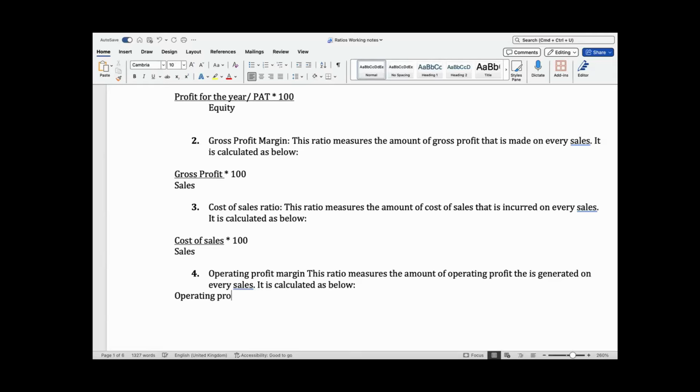That's my operating profit. Don't forget, operating profit is PBIT divided by sales